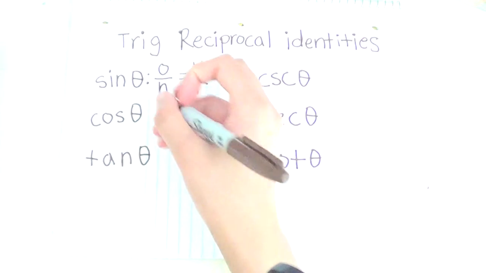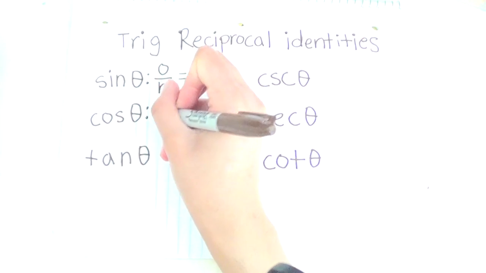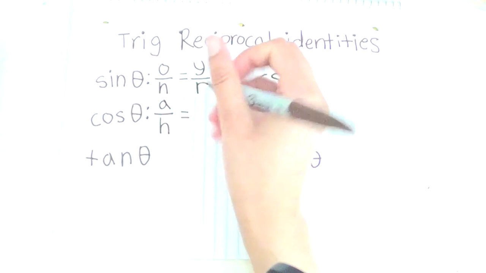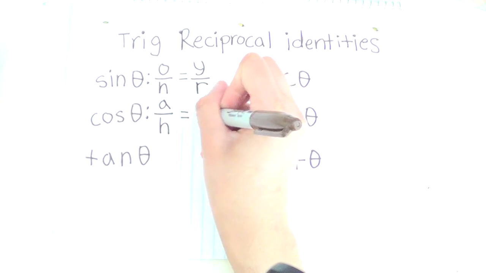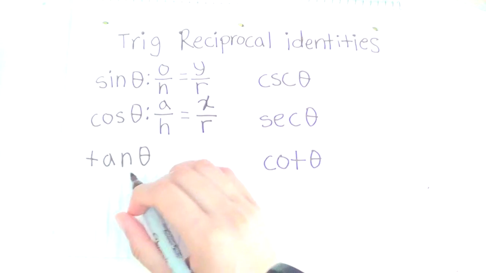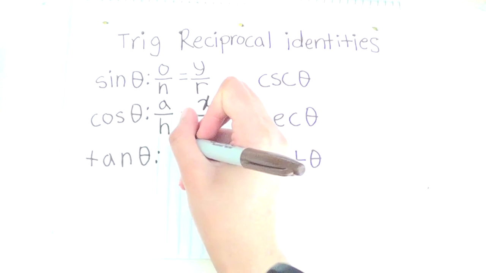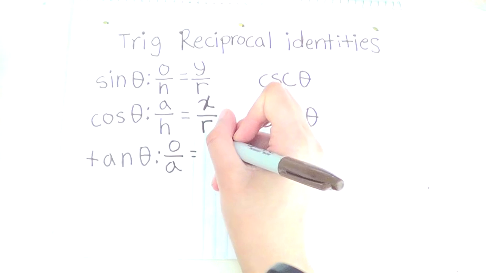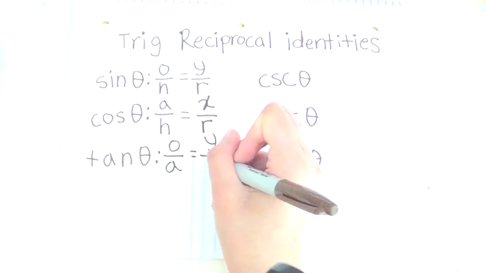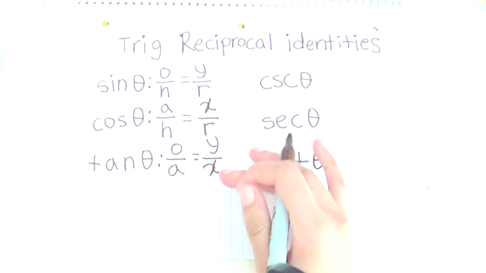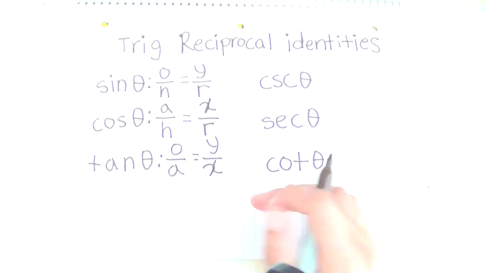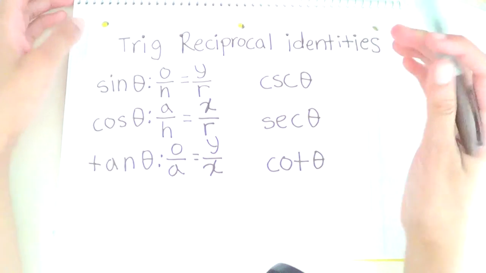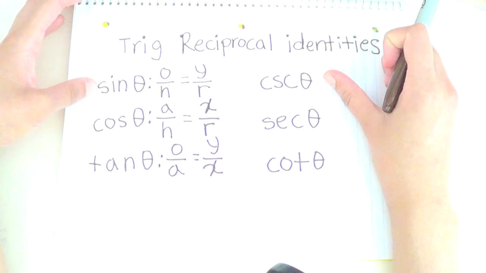For cosine theta, it is adjacent over hypotenuse, and on a circle it is the x value over the radius. And for tangent theta, it is opposite over adjacent, and on a circle it is the y value over the x value. So these are the three basic trig functions, and cosecant, secant, and cotangent are the reciprocals of sine,